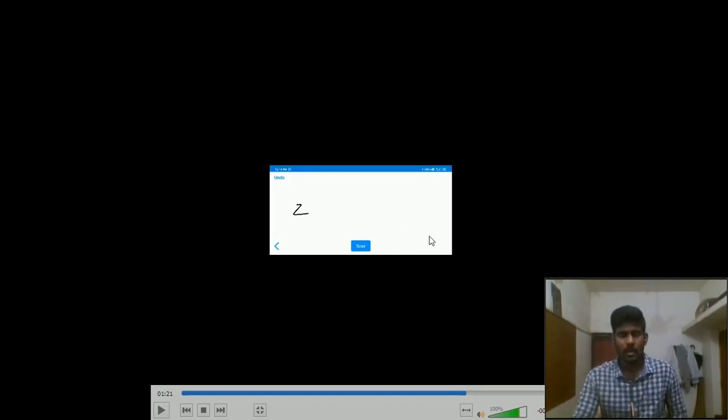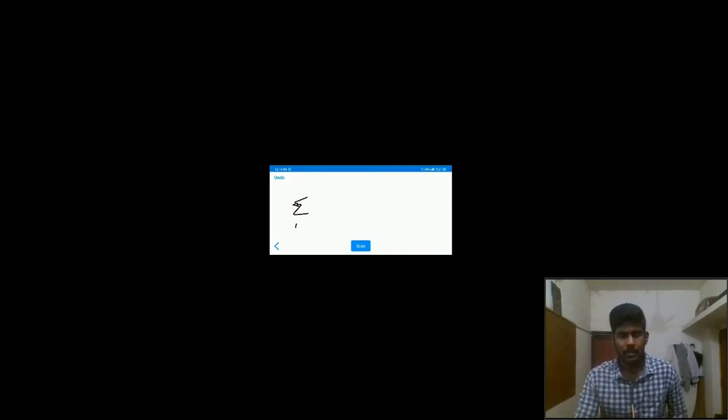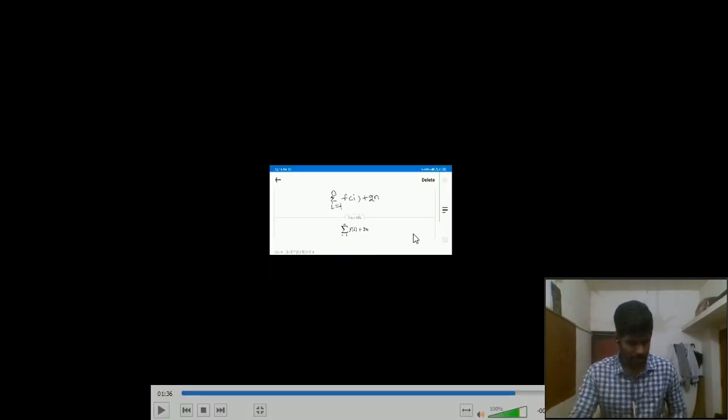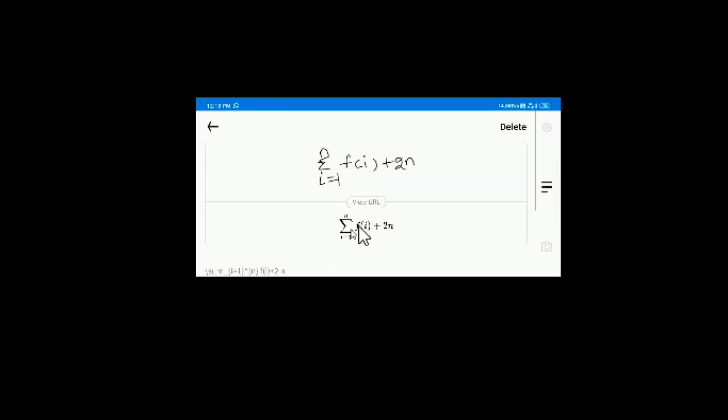There is a last option in this Android app, where you can simply draw. There is an option called draw. If you use it, you can simply draw the required math equation. After drawing, it automatically converts it into a LaTeX command. See here, I have practiced on math equations. It takes time to scan it, and after that it shows it as a LaTeX command.